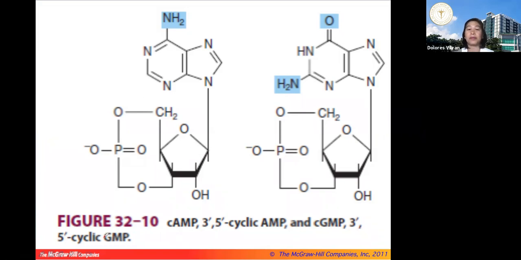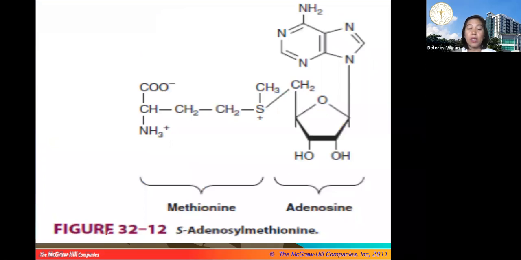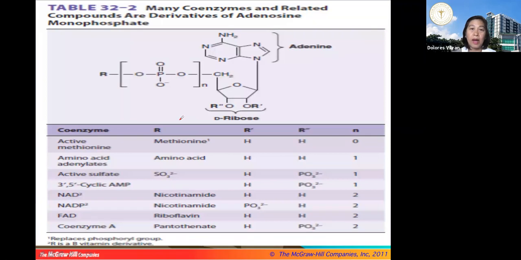cyclic GMP. And then this one is S-adenosyl methionine. What is the function of S-adenosyl methionine, which is abbreviated as SAM? First, it is composed of adenosine, okay? So you have adenine, and sugar ribose, linked to the amino acid methionine. Function of SAM, it is considered as a methyl donor. So it usually participates in methylation reactions, okay? Then other